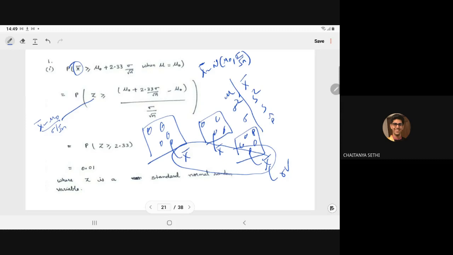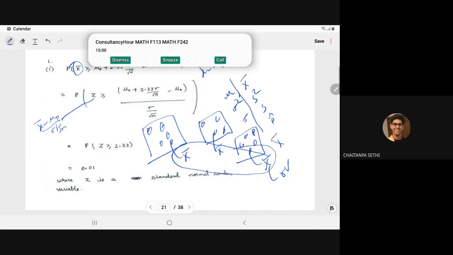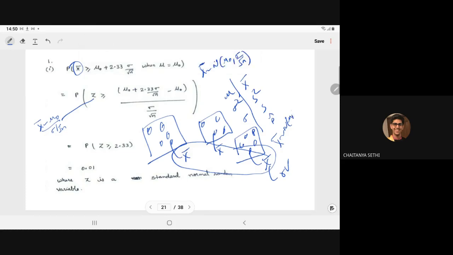So when the population follows the normal distribution, then the sample mean also follows the normal distribution with parameters population mean and sigma upon root n. That is the theory. So the sample mean itself is a random variable. That is the important thing to note. From the same population, you have taken a sample and I have taken a sample, so my sample mean is naturally different from your sample mean. So it becomes a random variable.